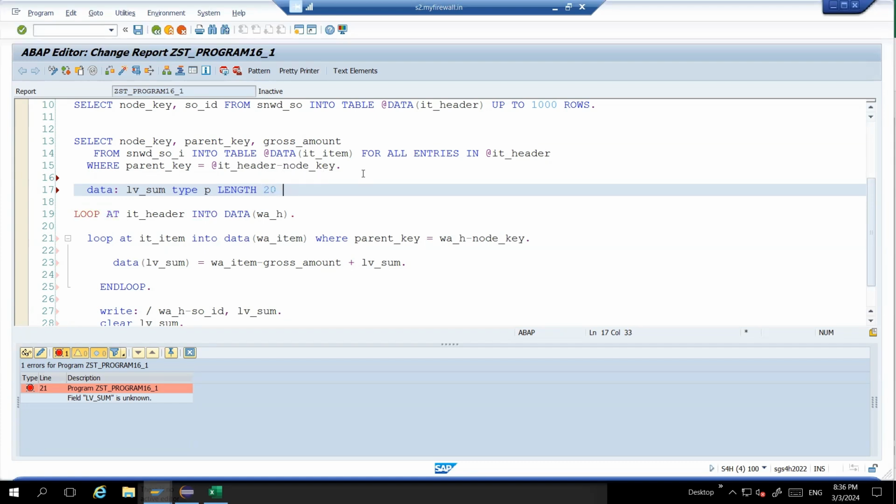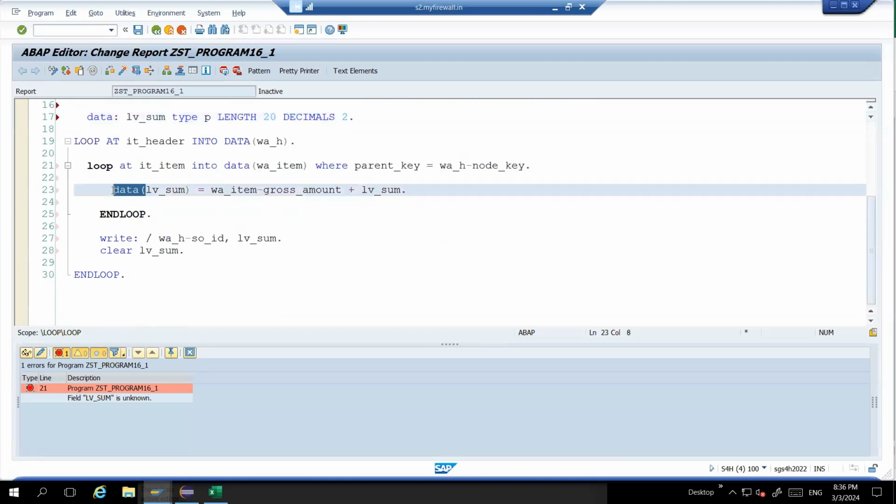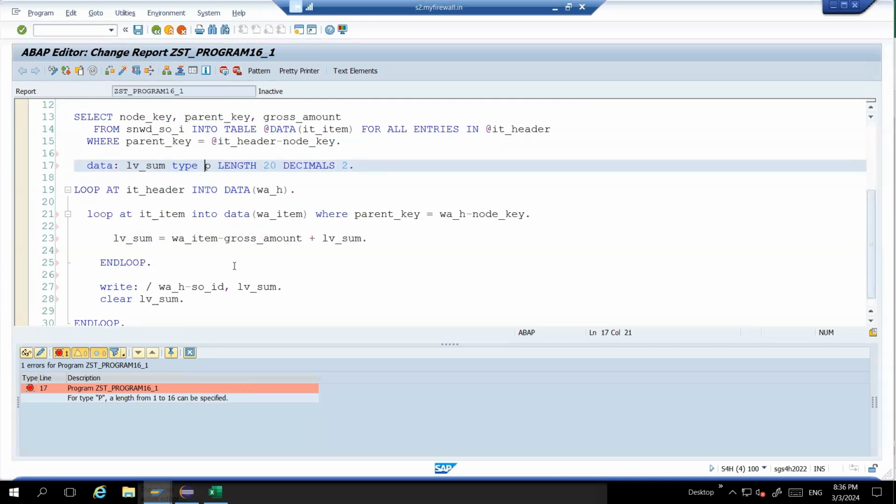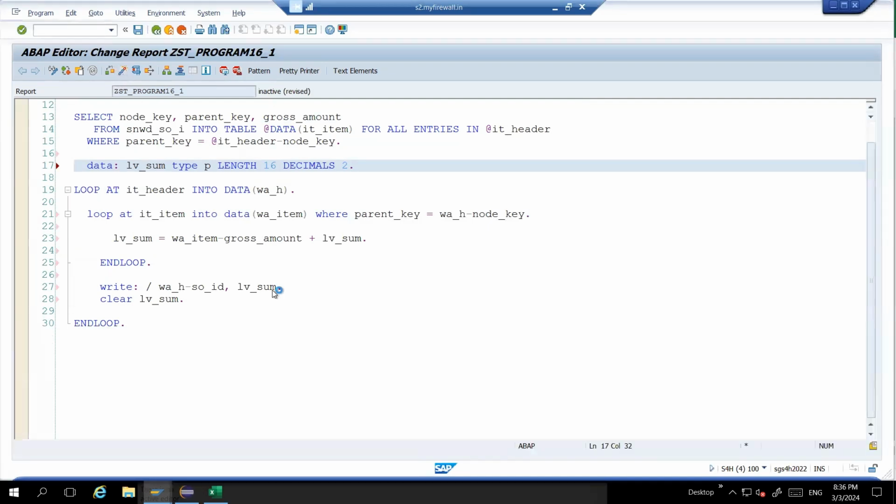I will keep the length on the bigger side, and decimals 2 will be sufficient. So I defined LV underscore sum. Check the syntax now. What it's telling, P length 1 to 16 can be okay, maximum 1 to 16 only you can specify. Check the syntax, activate this one,